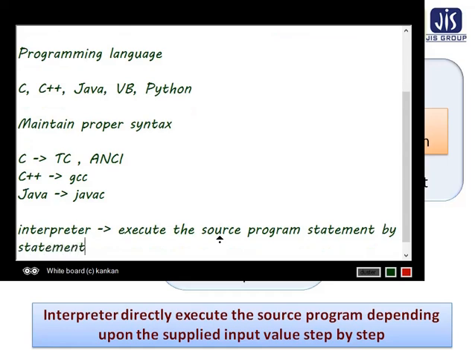Statement by statement actually means line by line. The first line will be read, then the next line, and so on, and each line will be executed. Technically we say statement by statement.